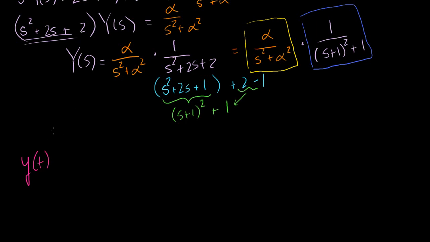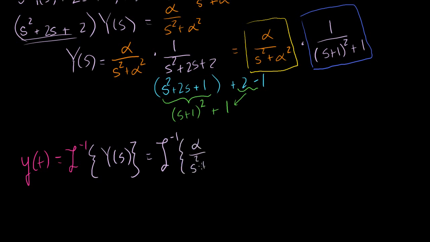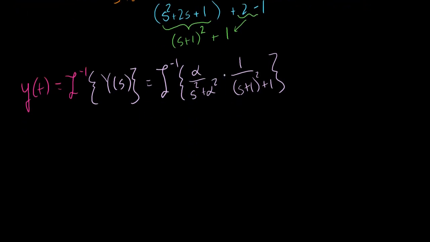So the inverse is equal to the inverse Laplace transform of, obviously, Y of s. Let me write that down. Y of s is equal to the inverse Laplace transform of these two things: alpha over s squared plus alpha squared times 1 over s plus 1 squared plus 1. And now the convolution theorem tells us that this is going to be equal to